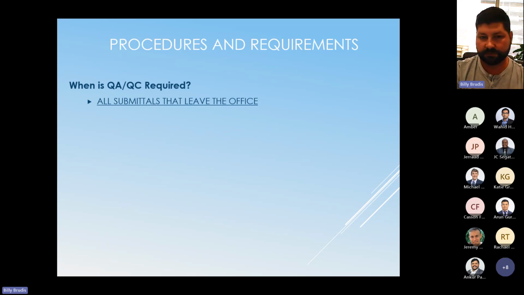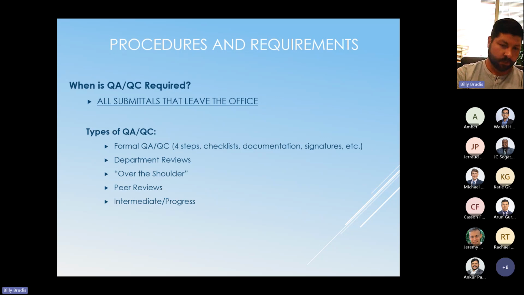So procedures. When is QAQC required? In a nutshell, all submittals of any level that leave the office should have some level of review being done by another person. There's different levels of them. There's a formal QAQC, which requires more time and more effort. It's 4 steps. There's checklists. There's documentation. The whole array of